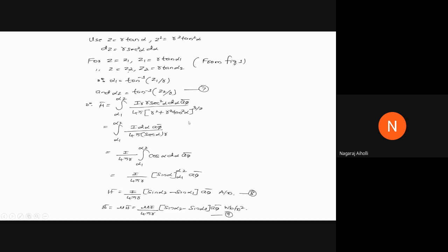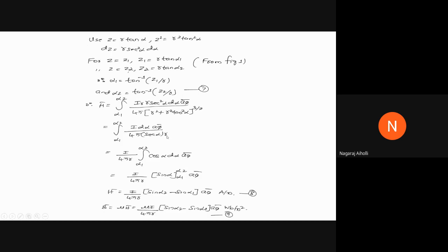r cube, and 1 plus tan square alpha is secant square alpha. Secant square alpha raised to 3 by 2, 2 and 2 will cancel, we'll get secant cube alpha. So in the denominator we have 4 pi r cube secant cube alpha. r square in the numerator and r square in the denominator will cancel, 1 r will remain in the denominator. Secant square alpha in the numerator and secant cube alpha in the denominator will cancel, and we'll get 1 secant alpha